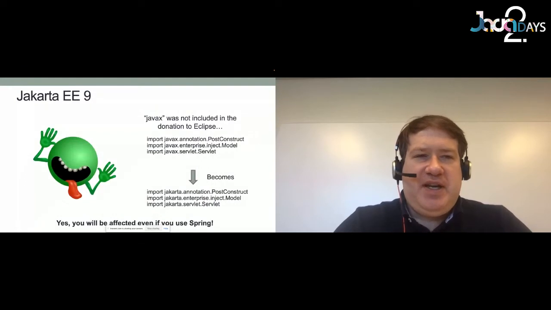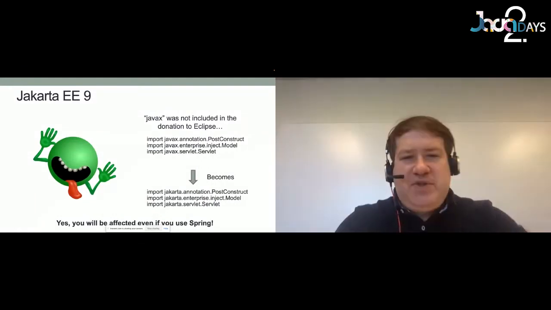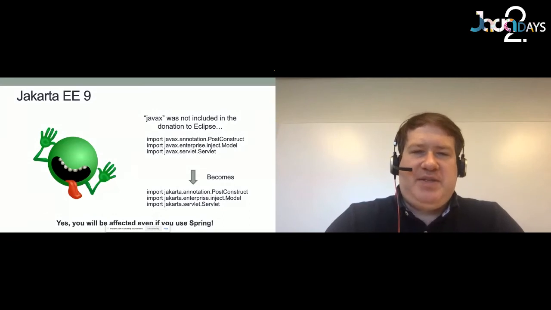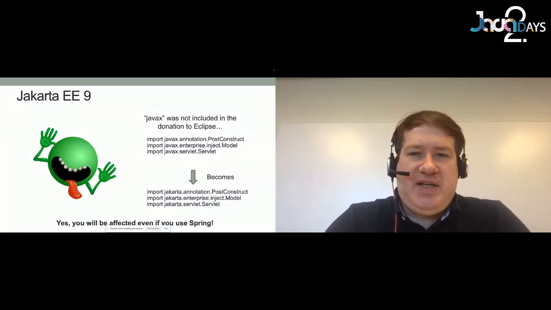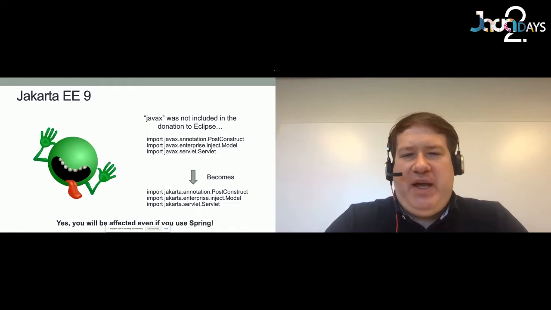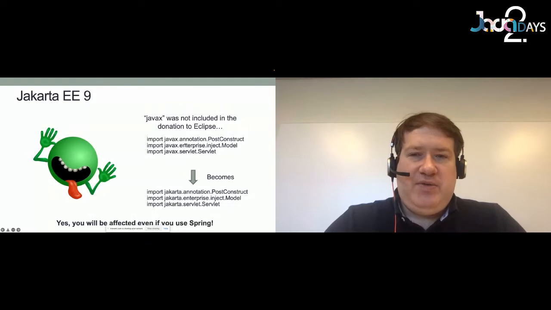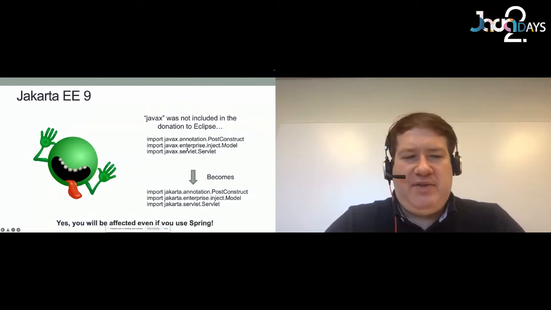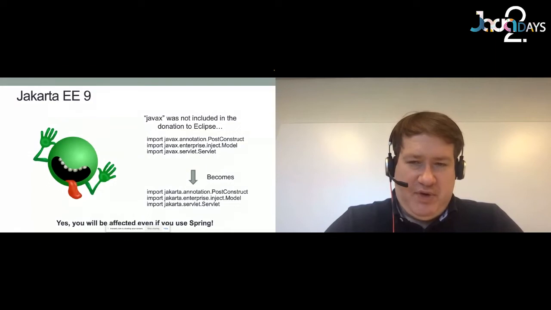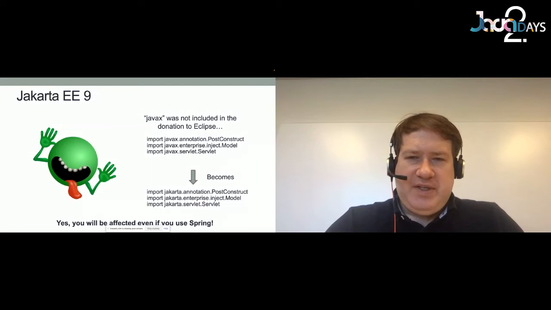So the Jakarta EE 9 transition to the Eclipse Foundation, while it's great that it was donated, the one thing that was not donated was the namespace. So javax was not included in the donation to Eclipse. So what has to happen, and this is where the Jakarta EE 9 release comes in, all of the Java packages have to change. So this has already been done at the container level, the API level. All of the APIs have changed to using Jakarta, but your code that depends upon it needs to change. So if you have an application that you're going to continue to support and run on newer versions of Java, etc., you're going to need to make the